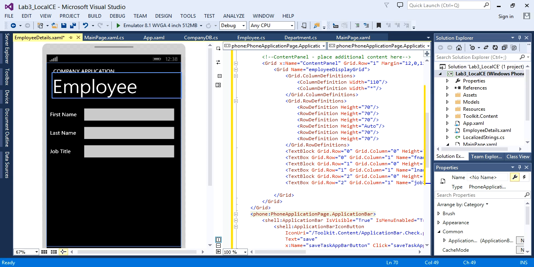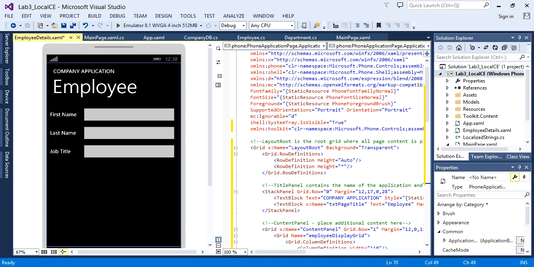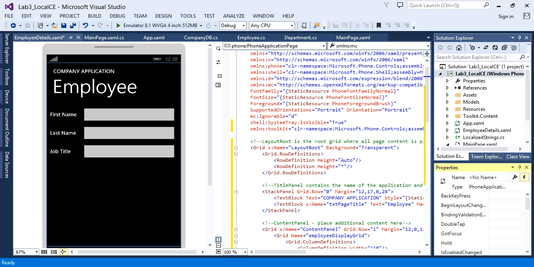Okay. So the idea is we're going to navigate to this page and display, obviously, text boxes will allow us to make changes, right? And we're going to display the actual employee that was selected, right? So remember how it worked. When we select an employee on the main page, we set that employee to the active employee in our app object. So all I really have to do is when I come over here and navigate to